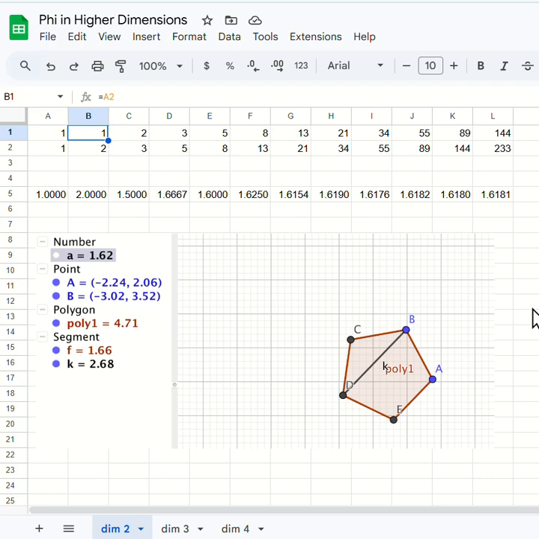Okay, this is the first lesson on Fibonacci numbers and phi, the golden mean in higher dimensions. So we'll start with the ordinary definition. However, we will look at it in a slightly different way. And this is as